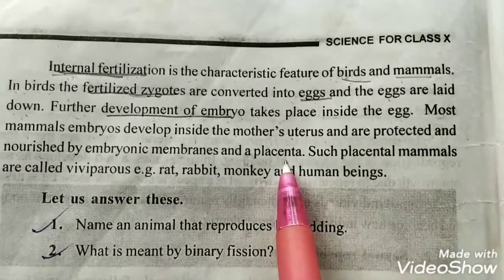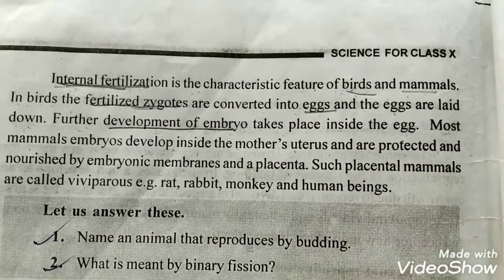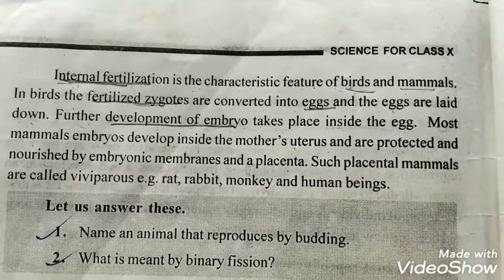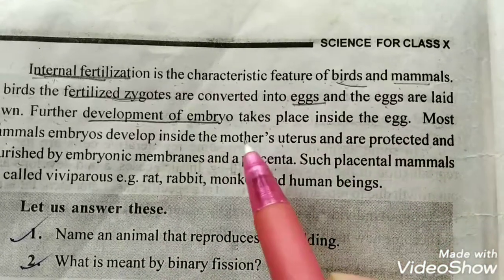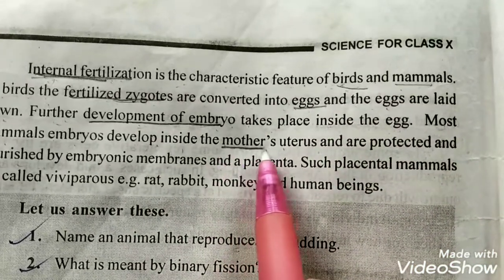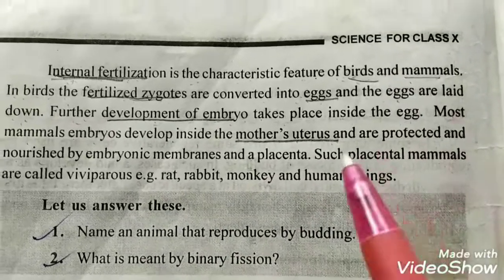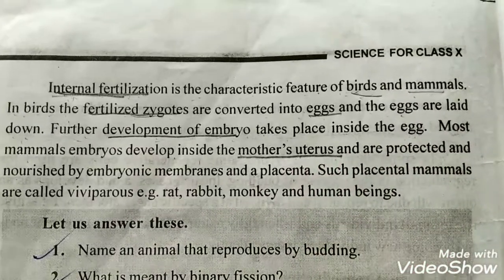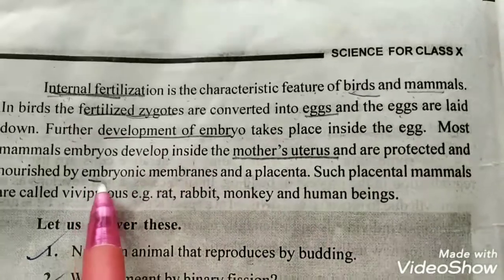Mammals: the fertilization, that is, union of the male and the female, will take place inside the body of the organism or inside the female body, and what will happen? The new organism will start developing in the mother's uterus. The new organism which has developed in the mother's uterus is protected by the embryonic